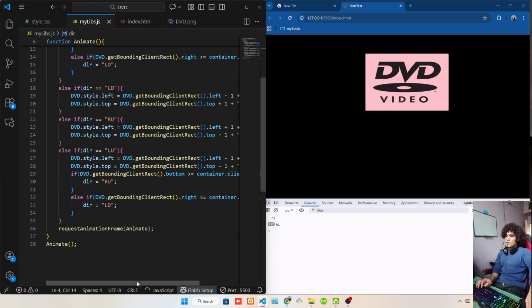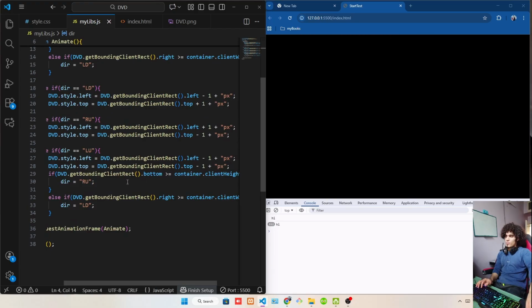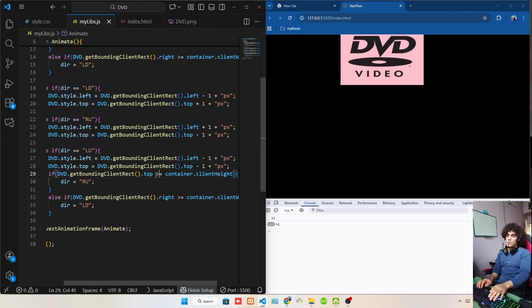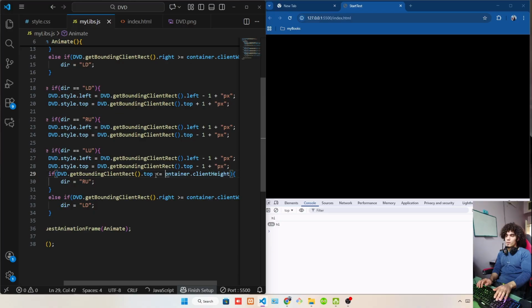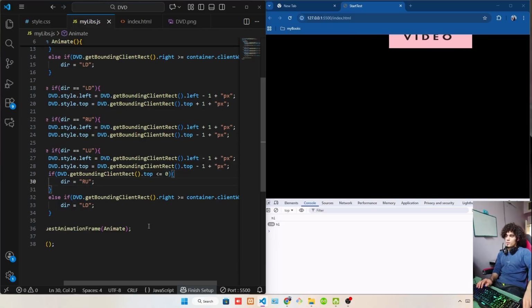It's not a trick actually, but I think it's something different. For example, here I want to check if it hits the top wall. You have to say the top must be less or equal 0. And the direction